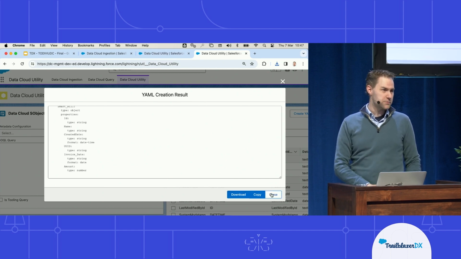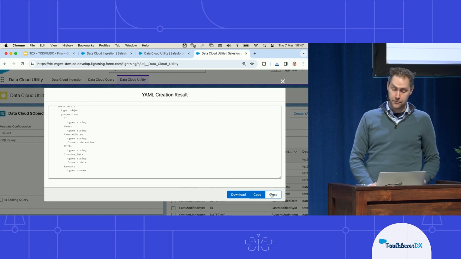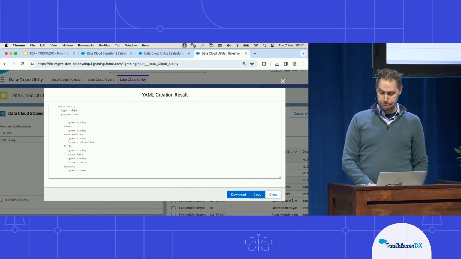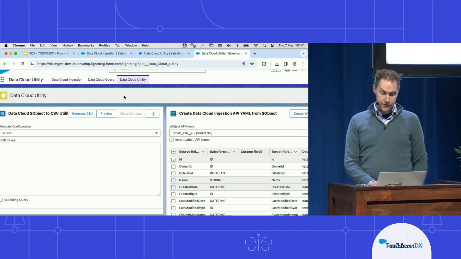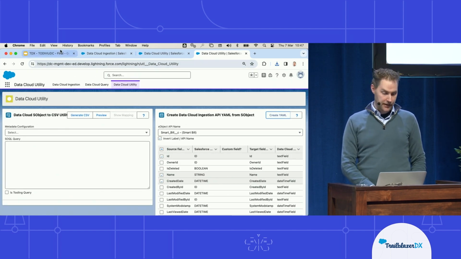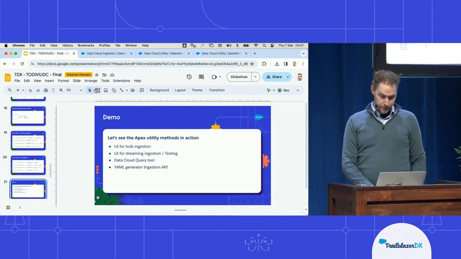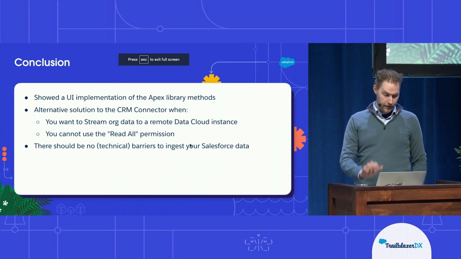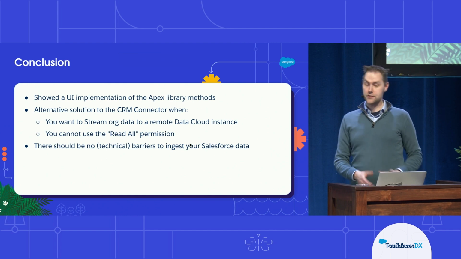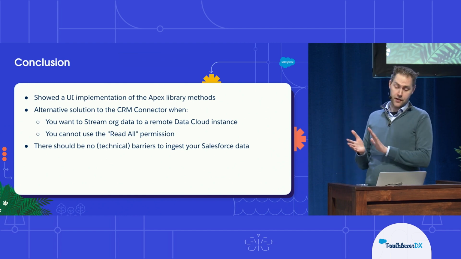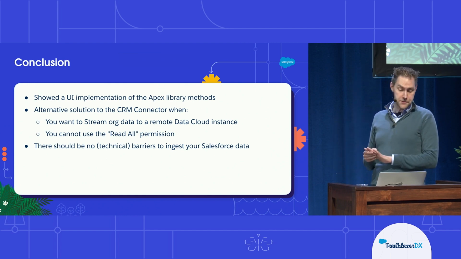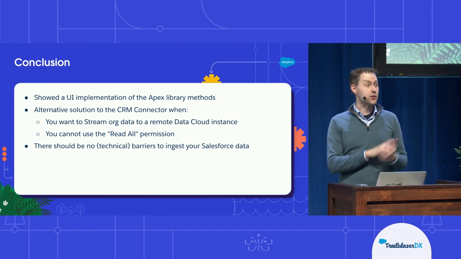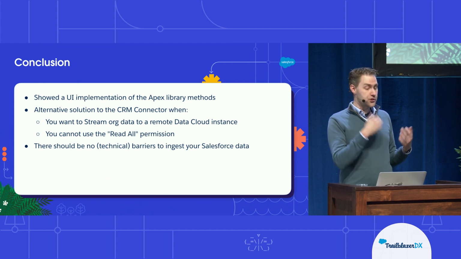So it's just a handy tool, especially if you want to do things like platform events with one-to-one mappings, or just to see an example of what it should look like. So that, in a nutshell, is the application. Seen it in action. What I showed you is a UI implementation of the different Apex library methods. I've shown you an alternative solution to the CRM connector that comes natively with Data Cloud,